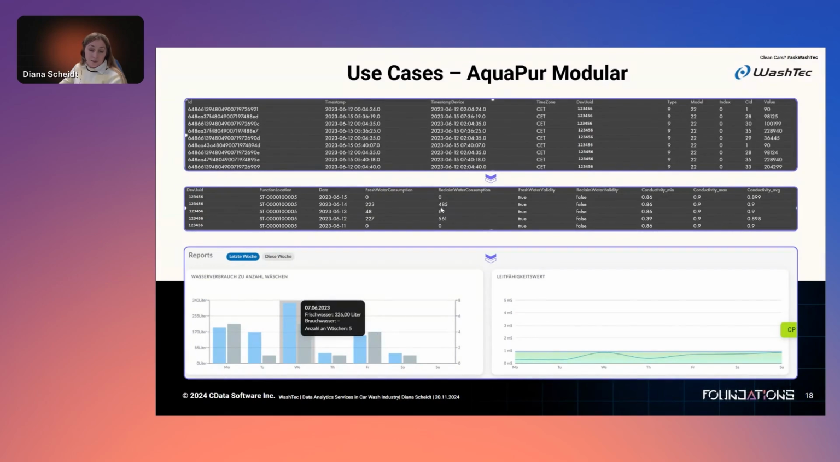Then we have 400 industrial water as an example, and we have different conductivity values. And in the end, this is what's happening in the background with CData Virtuality, and in the end we have this dashboard in our digital platform, which our customers or our service technicians can see the results of,